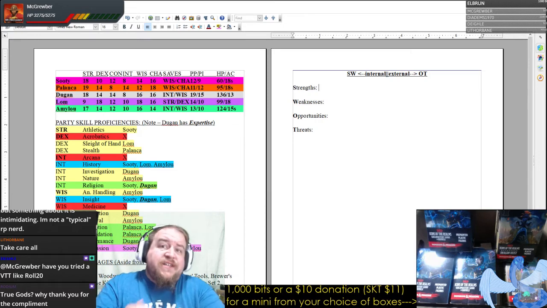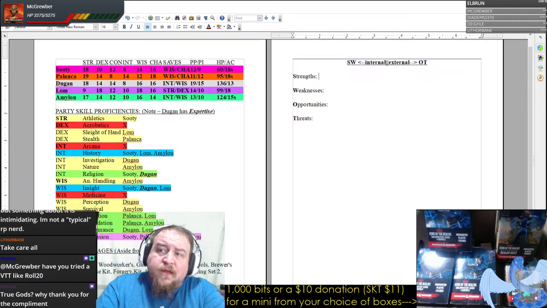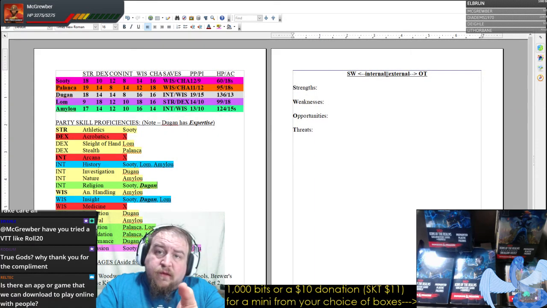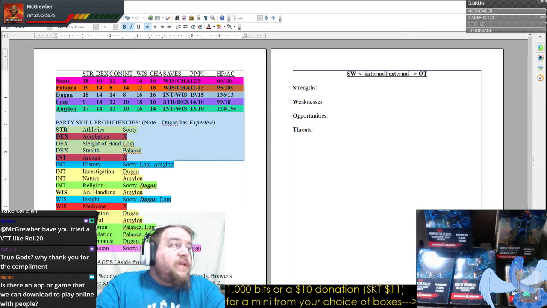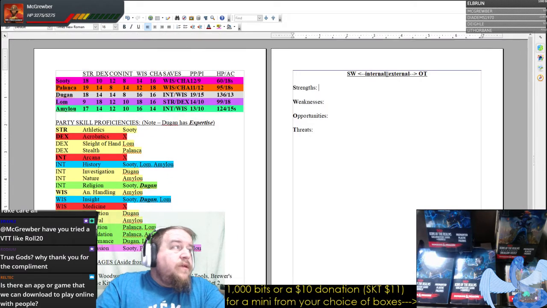So for this exercise, we don't have to spend an hour making up a full SWOT report, but look at the information, look at the data. Well, there's a difference between data and information. But look at what we've produced here. What would be some strengths? Well, definitely